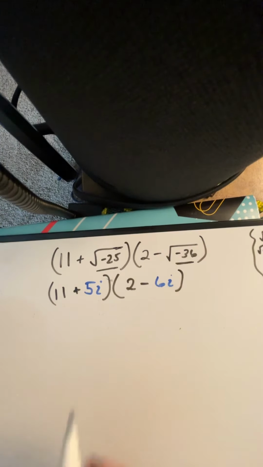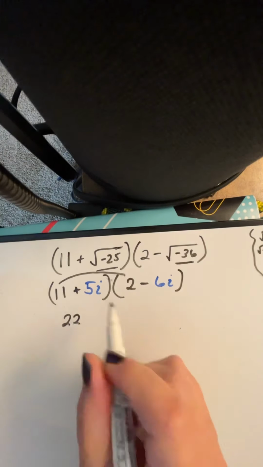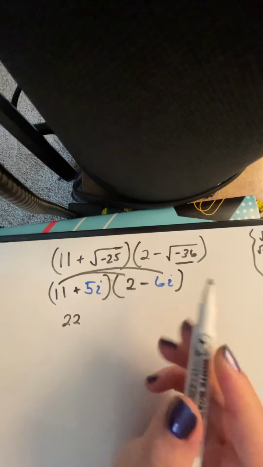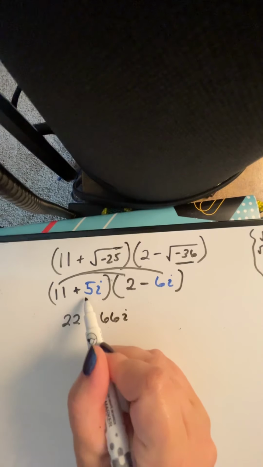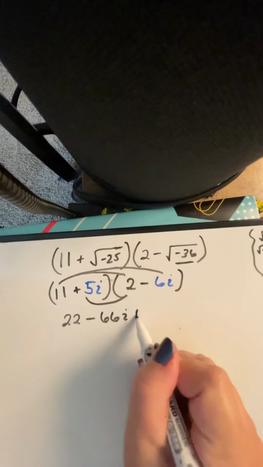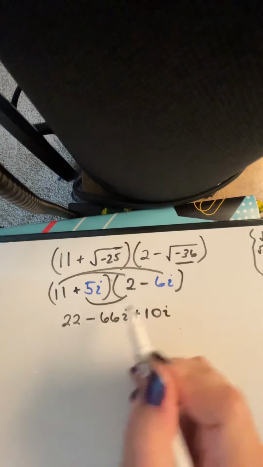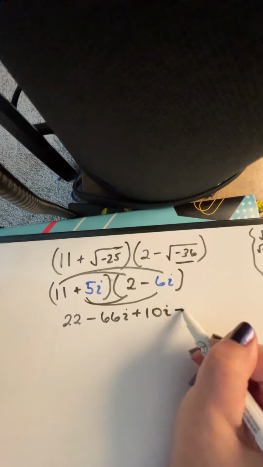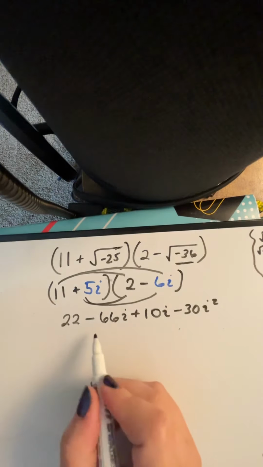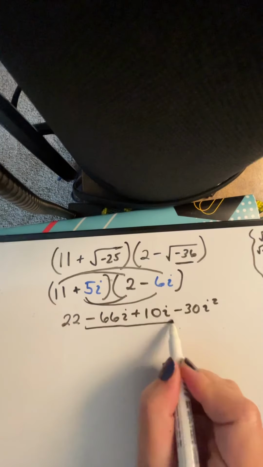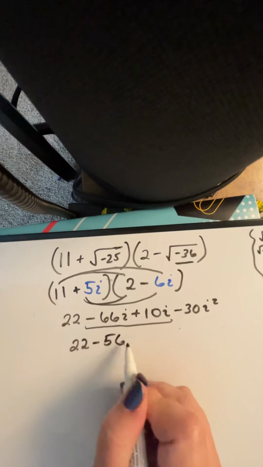So we would get 11 times 2, which is 22, 11 times negative 6i, so that's negative 66i, 5i times 2, so that's plus 10i. And then 5i times negative 6i is negative 30i squared. So we end up combining our middle terms together. So I get 22 minus 56i